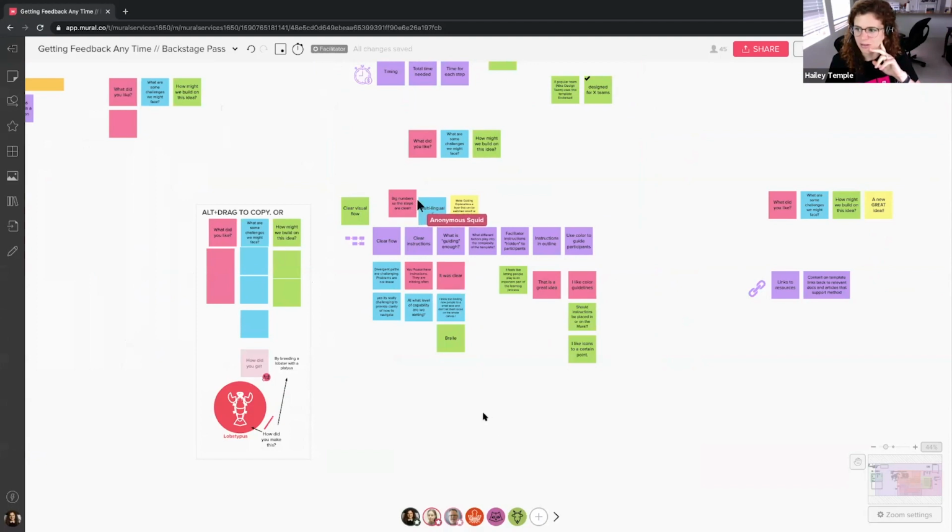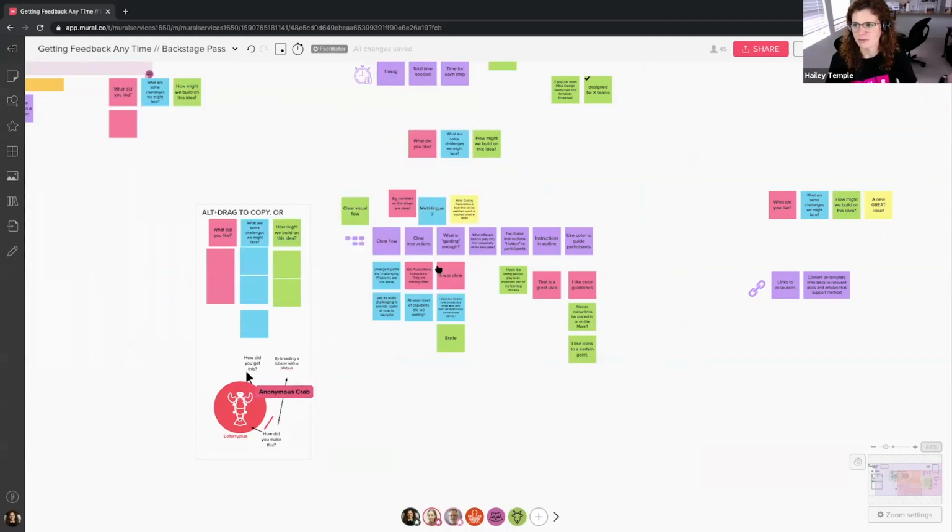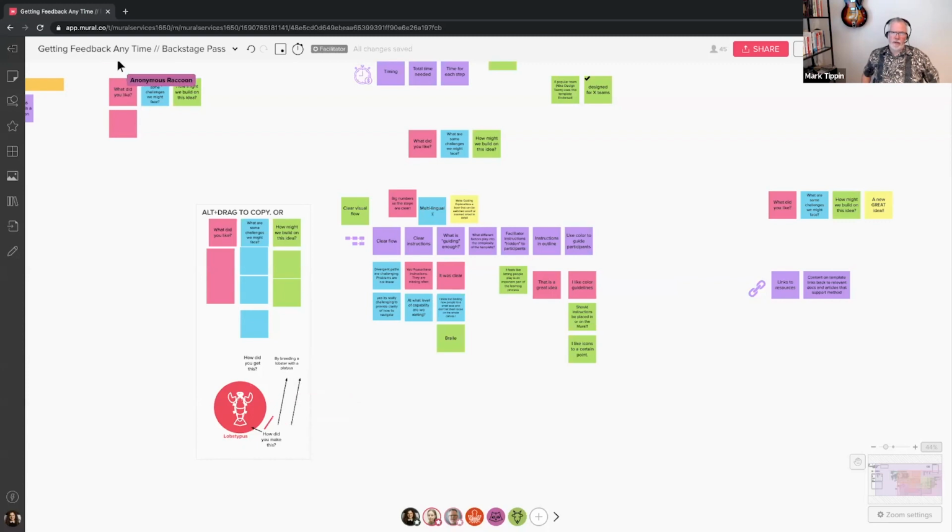And for Amelia, for Mark, for Daniela, any thoughts or advice on things we would do for asynchronous, additional tips for asynchronous feedback, or if we're going to ask for other teammates to do this, but they weren't in this session? As a facilitator, I'd be mindful of who I'm inviting to give feedback, and be respectful of their time.